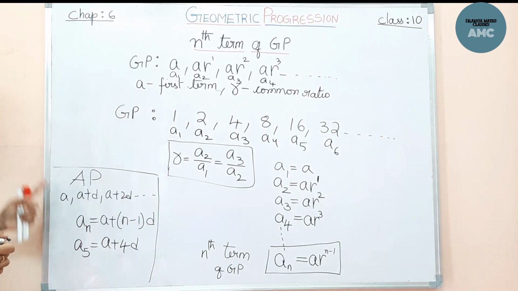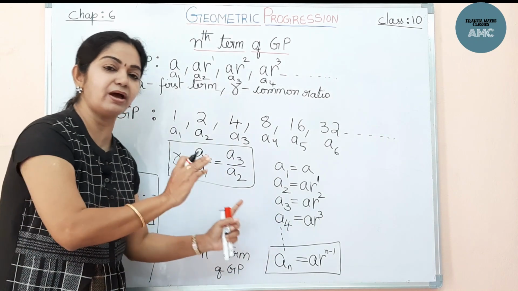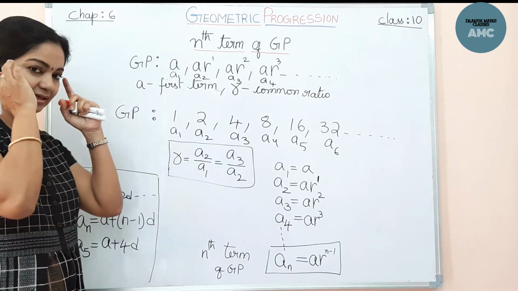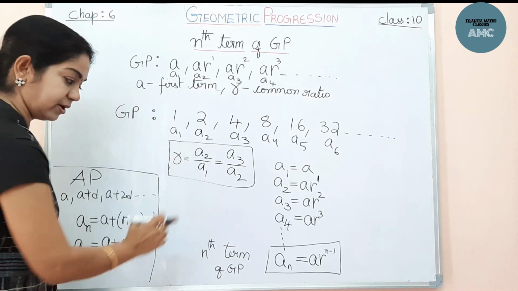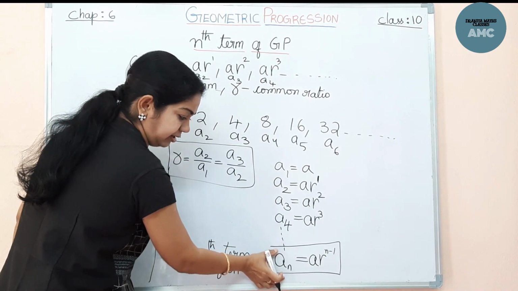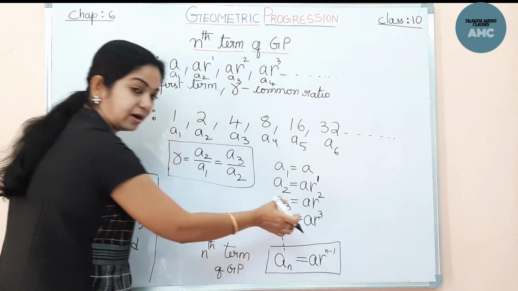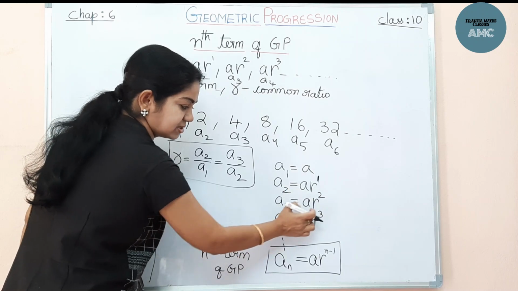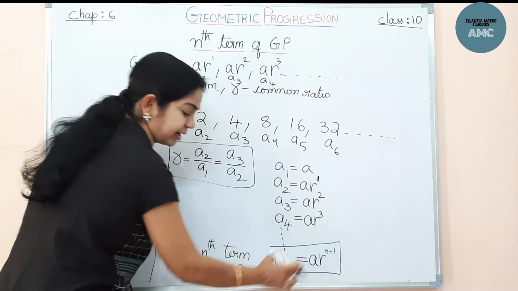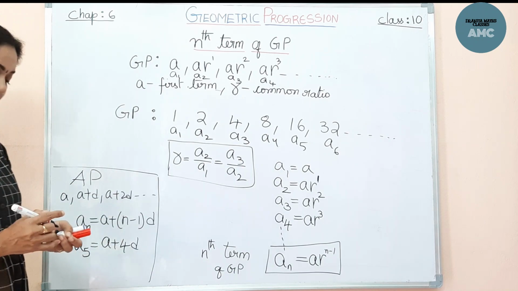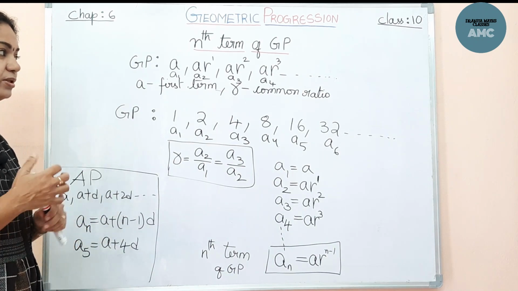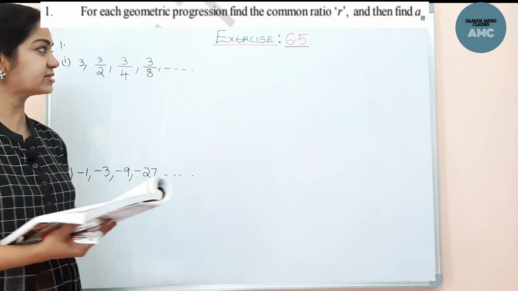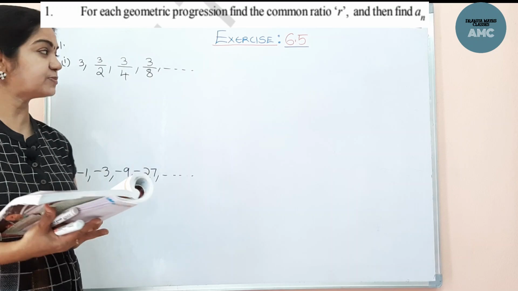Why am I telling AP? Because when you learn a new concept, you have to compare it with the other one which you have learned, so that on comparison, you can easily remember the concept. So the nth term of GP here is an, that is ar raised to the power n minus 1. So from here clearly, 3 means 2 you got, 4 means 3 you got. So likewise, n means n minus 1. With this concept, we will be doing the problems based on the nth term of GP in the exercise. Please copy down.